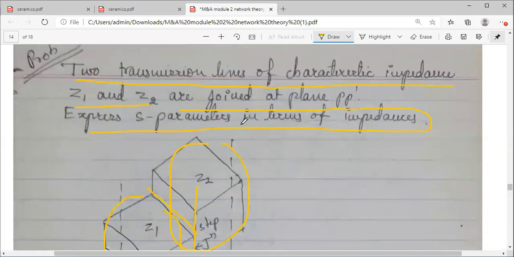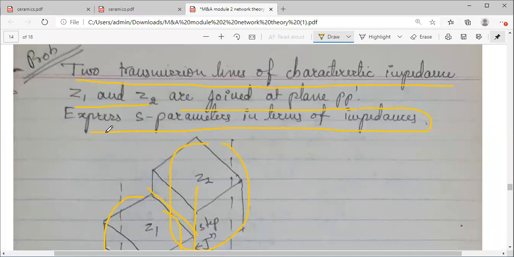So most of the times this question is there in your question papers. I'm not telling you that this is a short question, but at least you should know how to solve it if it comes, because in your prescribed textbook for network theory, I think Annapurna Das is the prescribed textbook for you, this topic is dealt with. As an example, this problem is dealt with. That's why I'm insisting, please go through it. I'll be sharing this slide, whatever solution I have done for you, in your groups. Okay, please try to understand the steps. If you don't understand, ping me, I will tell you the things.